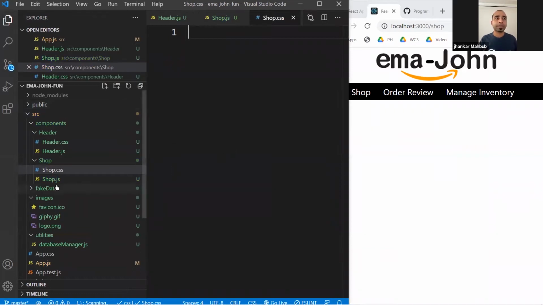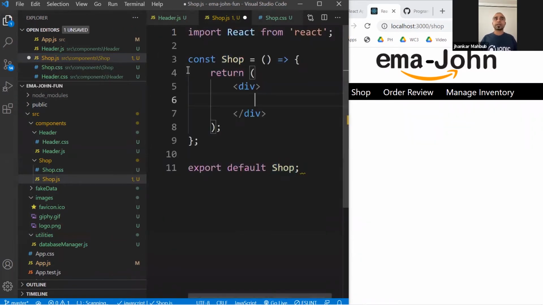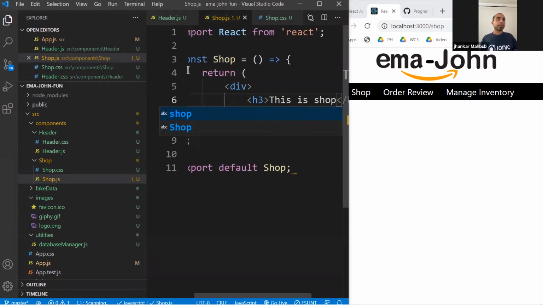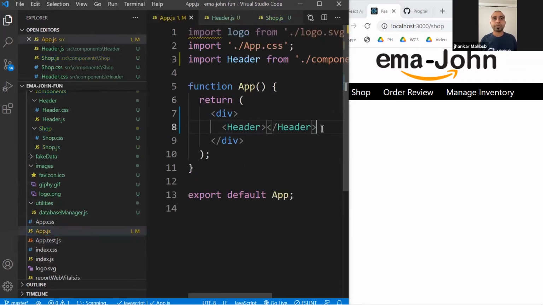And this, okay, now we will start doing some work. And for our shop.js, as usual, we'll do RSC. This will create a simple component, and you can write here to check, this is shop. And if you want to integrate it with your website, everything would be displayed from the app.js, and then they have to be connected.